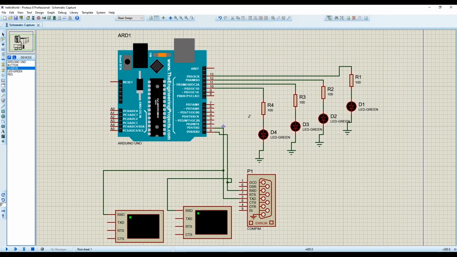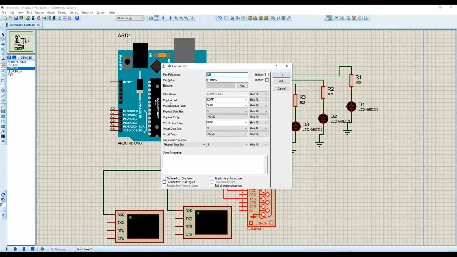And for the COM port, just double click on it and be sure it is connected with COM port 1. Later you can change it, but for the time being connect it with that COM, and the baud rate is 9600, because we will work with 9600.